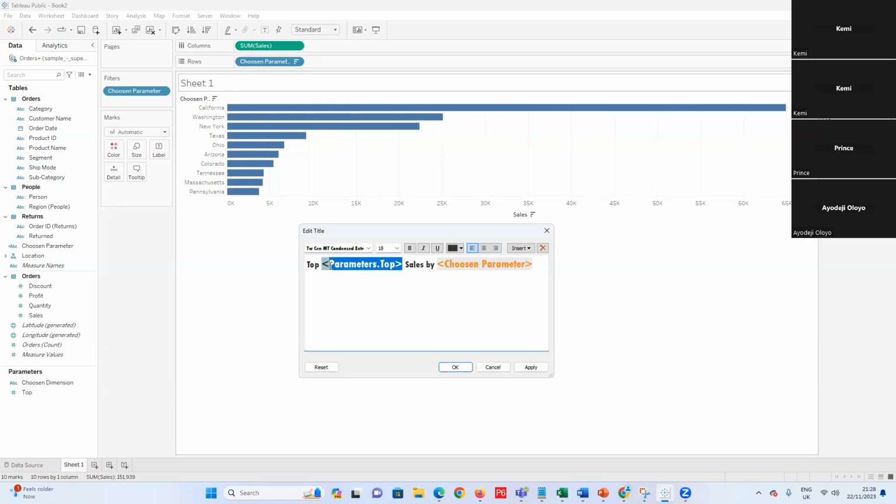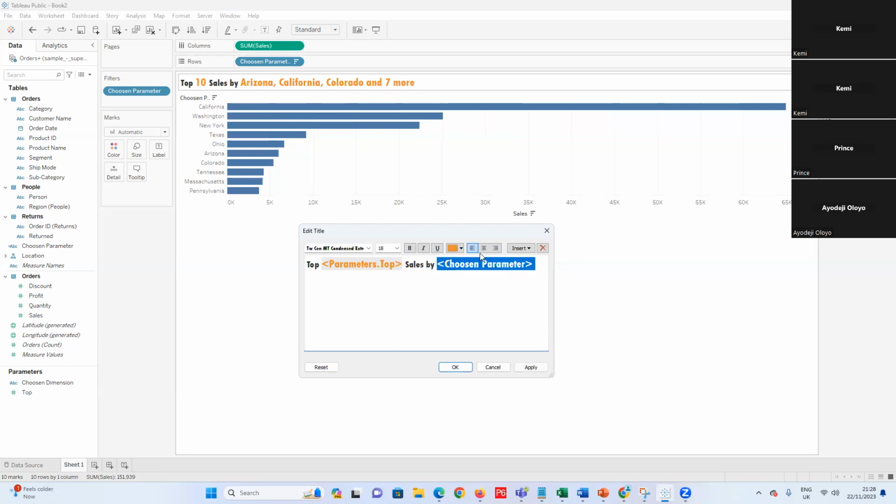Let me use a similar color for both of them. So I say apply. So what has it done? Okay, so it's not by the chosen parameter diversity. So top 10 by what, the chosen dimension, right? So if I apply that,